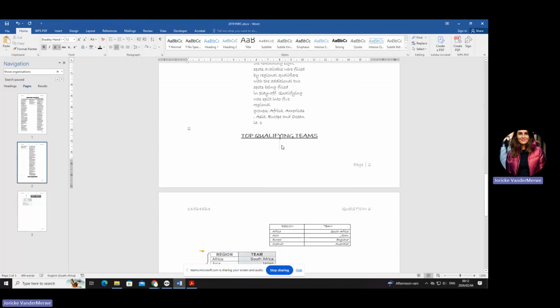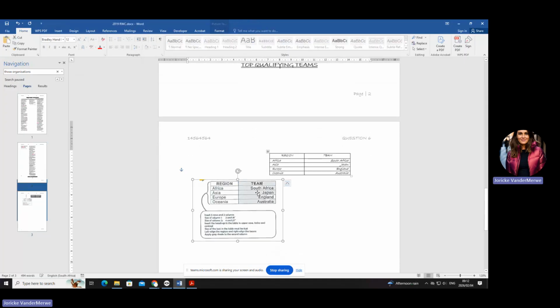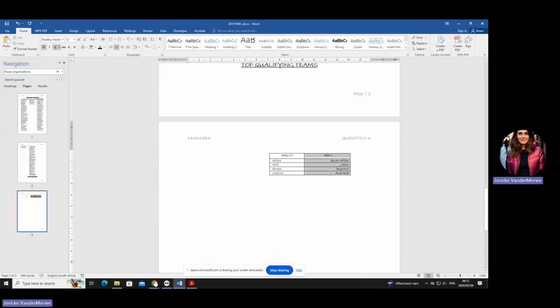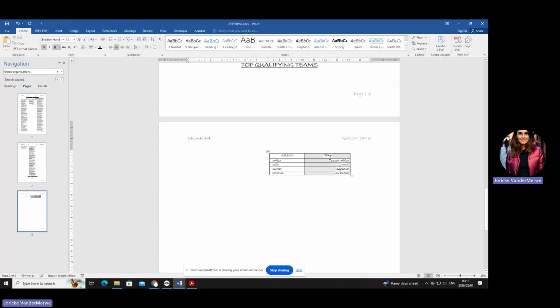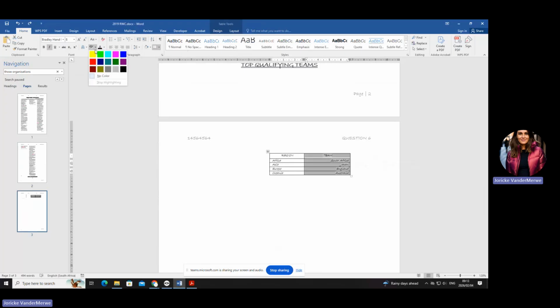Just make sure that you can insert the table like that. What bothers me a little bit is this thing. Let me just quickly see what's going on. Why is it white? It shouldn't stay that way, but I'm obviously not seeing.